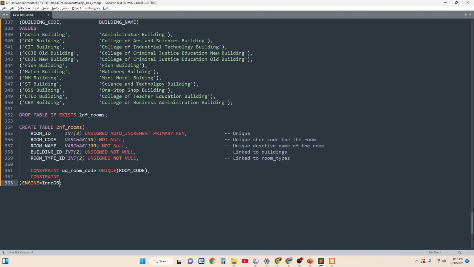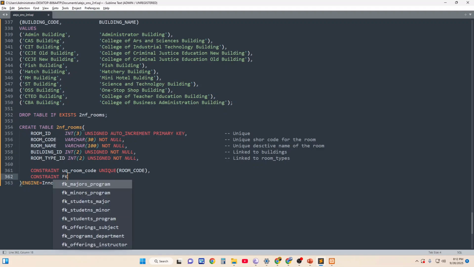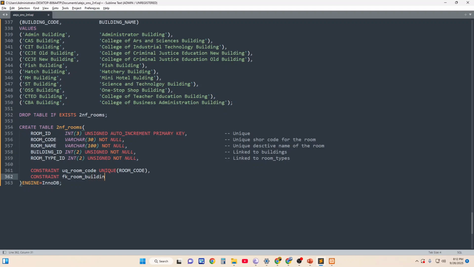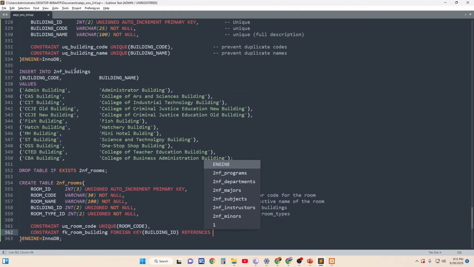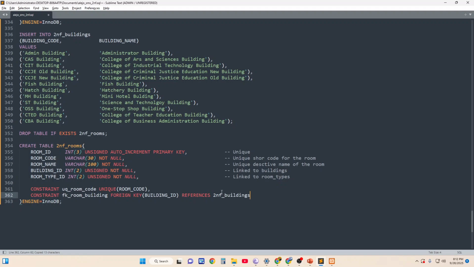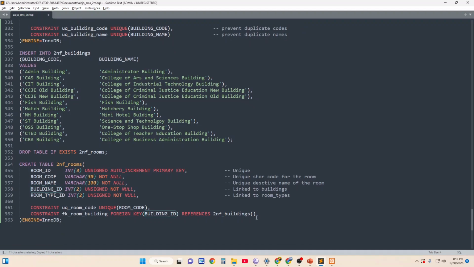You can directly go to the foreign key with fk underscore room building. We have foreign key and then the building ID. We reference it to 2NF buildings and the name for that is this one building ID. Then we have here on update cascade, on delete